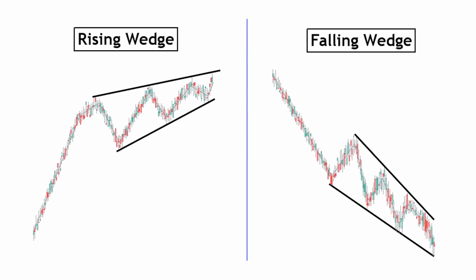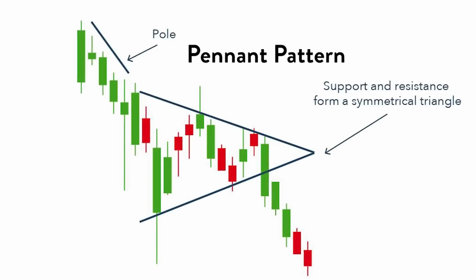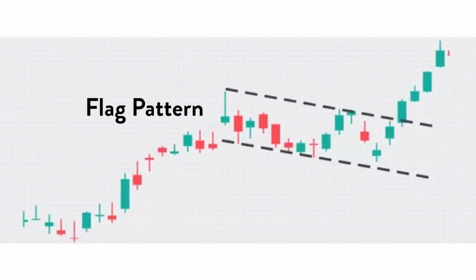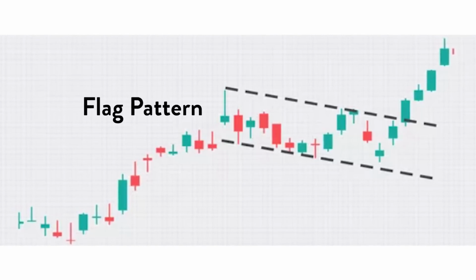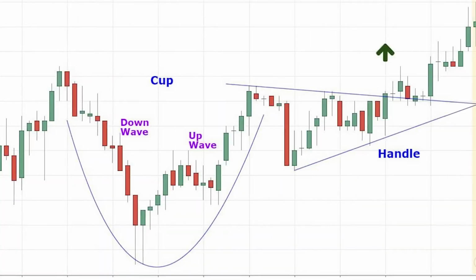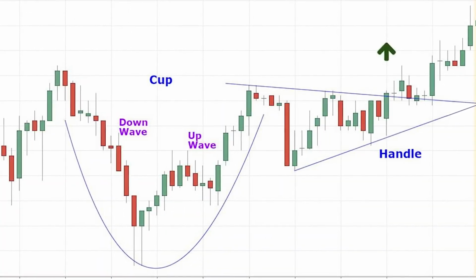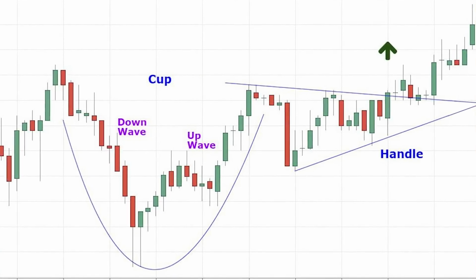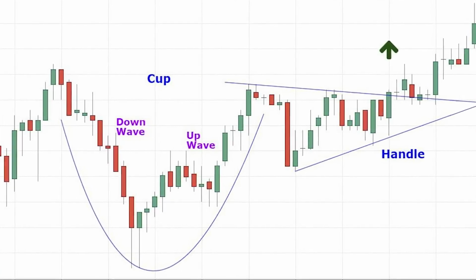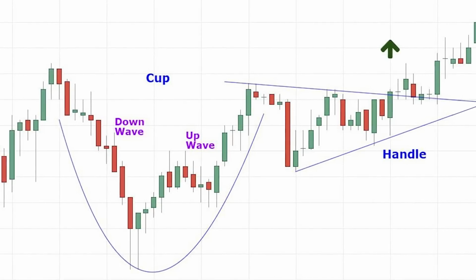If trend lines had connected in that pattern, it would be called a pennant pattern. Flag patterns are two parallel trend lines that can head upwards, downwards, or sideways. A cup and handle pattern is when the price increase has paused. The bowl shape is then followed by what looks like a pennant chart pattern, and this may indicate a further